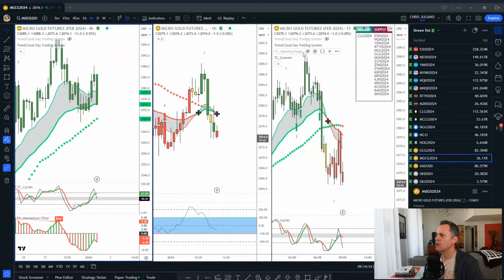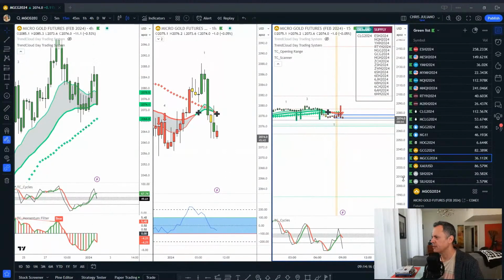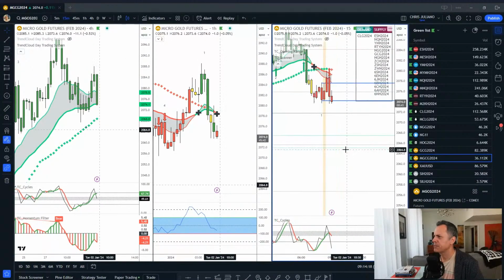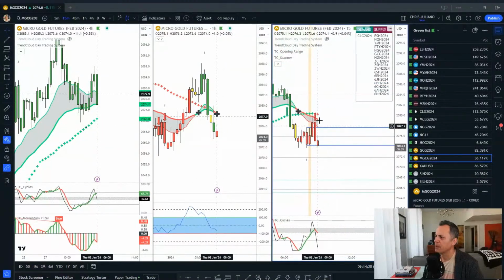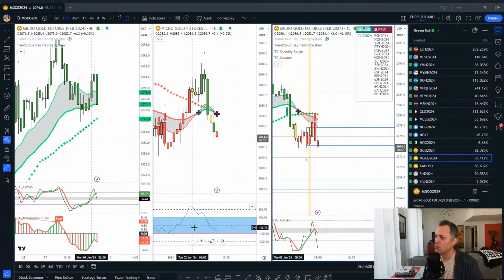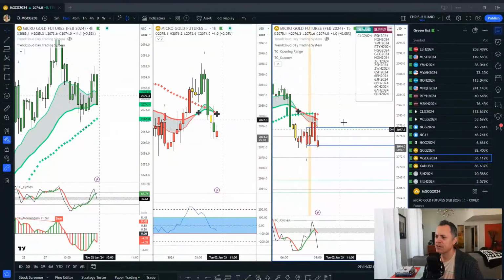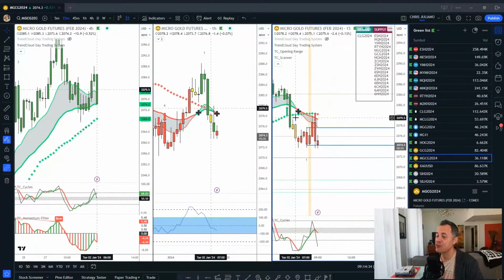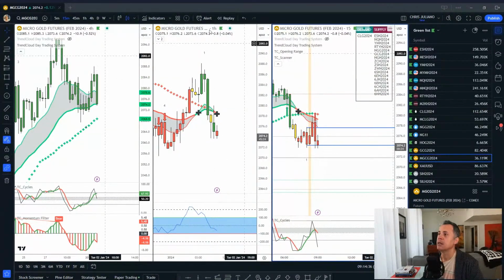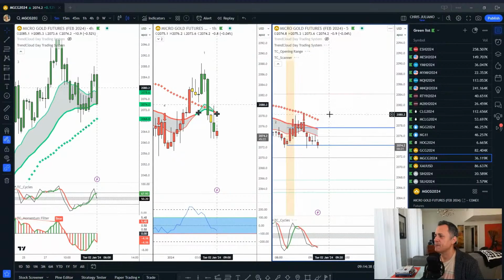But let's put the opening range tool on here, and let's look at that 15-minute opening range. We are getting a TrendCloud signal, okay? But again, we can't take a TrendCloud signal unless that 1 hour momentum is with us, okay? It's not the perfect scenario just yet, right? Even if you drop down to that 5-minute,